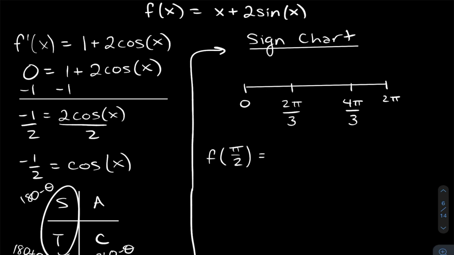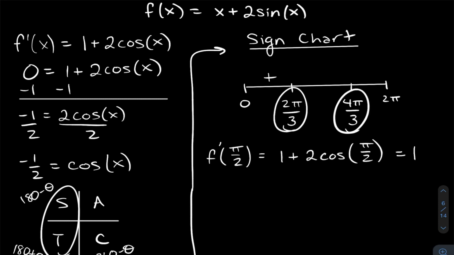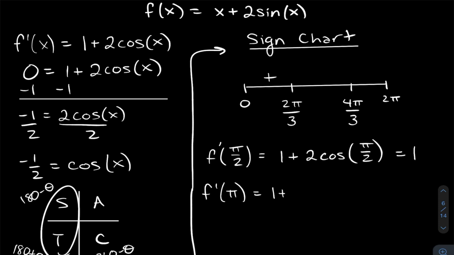And so we have f prime, 1 plus 2 cosine of pi over 2. Cosine of 90 is going to be 0, and so this is just 1. And so that's positive. Now something that's in between 2 pi over 3 and 4 pi over 3, well, that could be 3 pi over 3, and that's just pi. So f prime of pi, plug that in, you get 1 plus 2 cosine